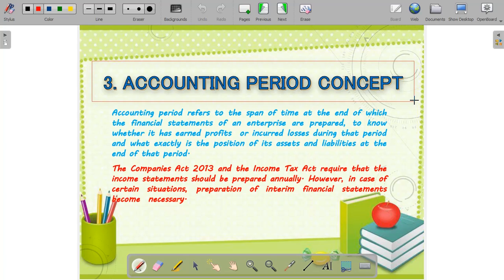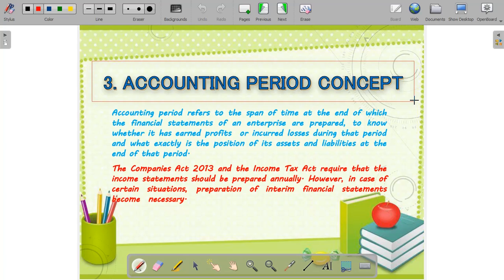However, in certain situations, we need to prepare interim financial statements. Basically, interim financial statements are the financial statements prepared between two financial dates, right? Between the two financial years, if we prepare any financial statement to ascertain the profit or loss, that is known